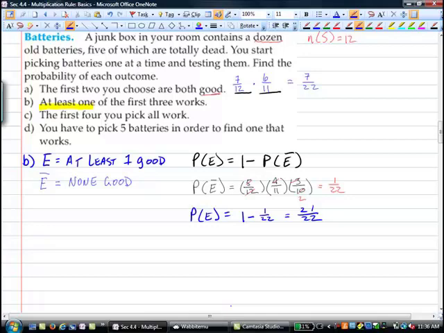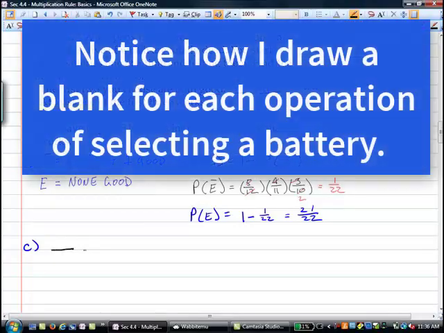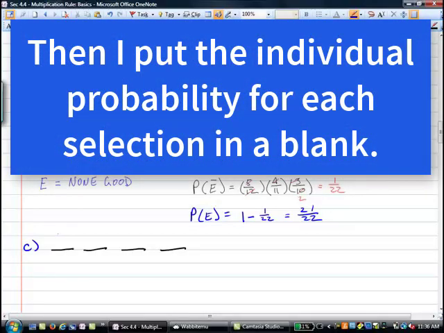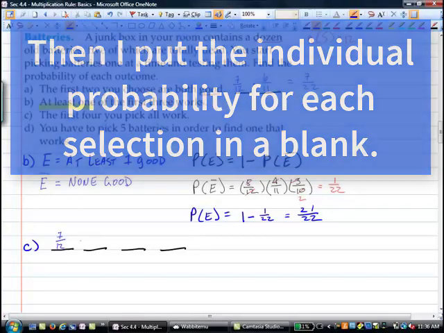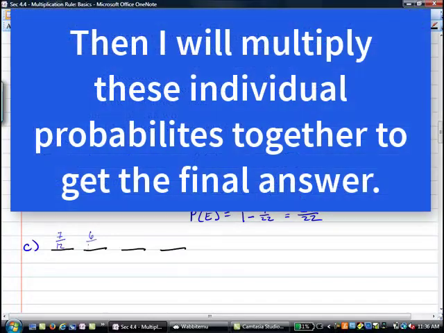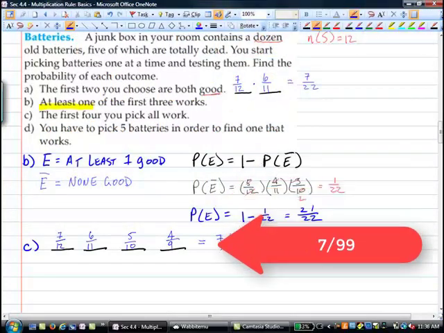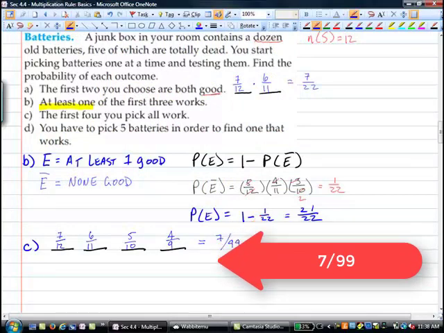Part C then, the first 4 that you pick all work. Find the probability that the first 4 that you pick all work. So I'm picking 4 batteries. There's the first battery, second, third, and fourth battery. Probability that the first battery is good is 7 out of 12. Then I have 6 out of 11, 5 out of 10, and 4 out of 9. So we can multiply all this out and we would get,